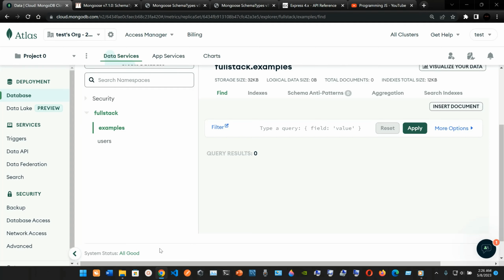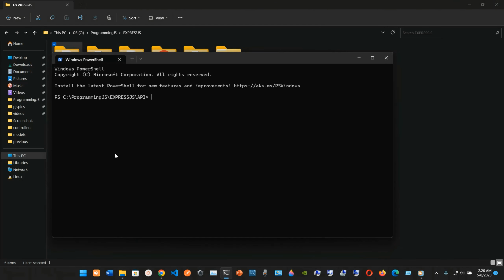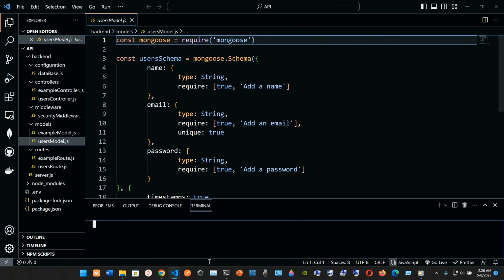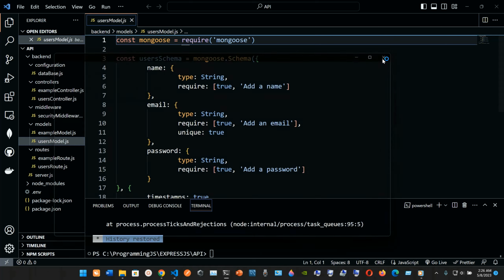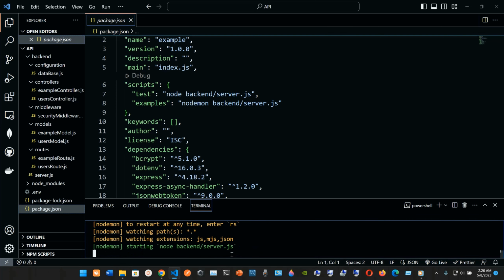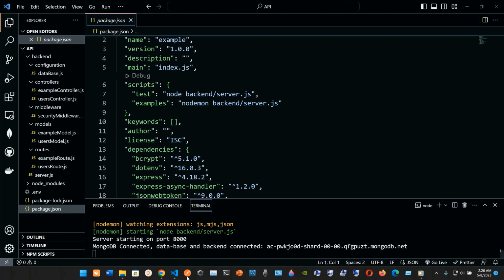Okay, this is MongoDB. Right now I'm gonna go into this folder. I'm gonna right click so I can open it in Visual Studio Code. I'm gonna type in code space dot, and okay, I'm gonna open my integrated terminal with control tilde, and my scripts are gonna be testing examples. So I'm gonna npm run examples like this, so I can use Nodemon. If you wanna use Node, you just type in npm run test. So we're gonna open Postman,